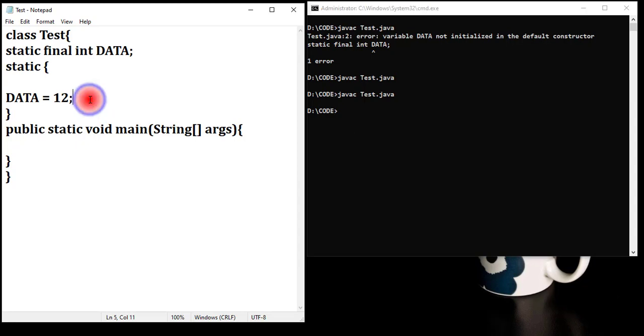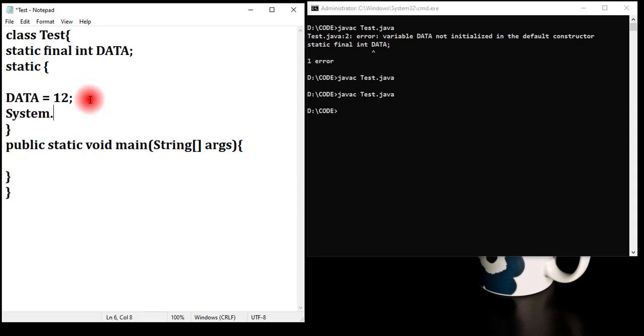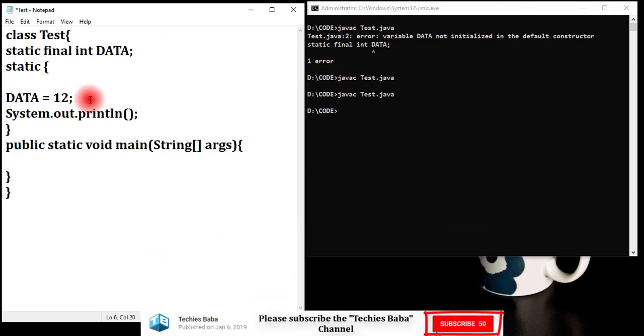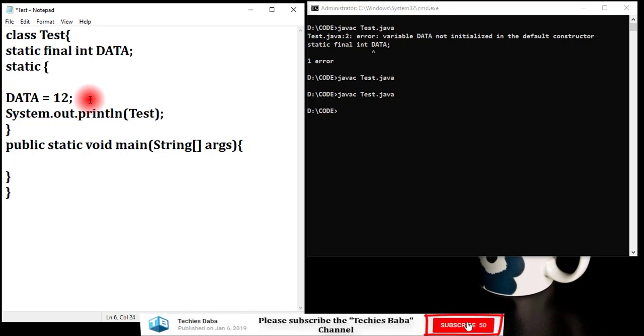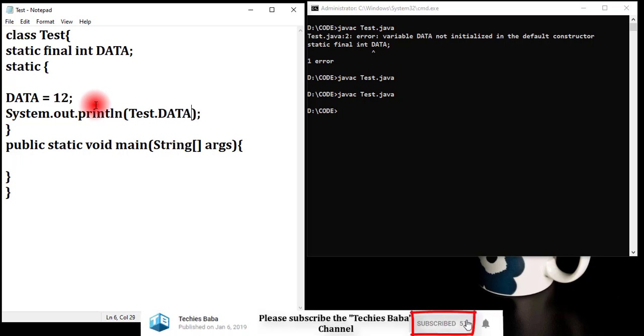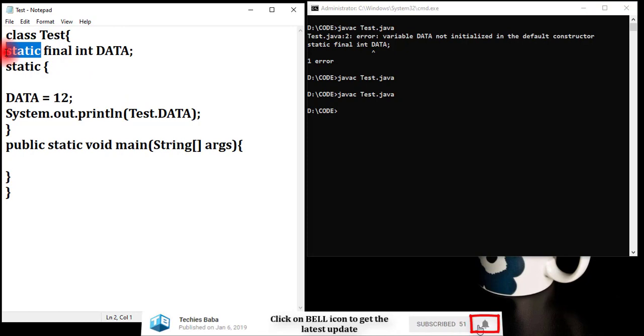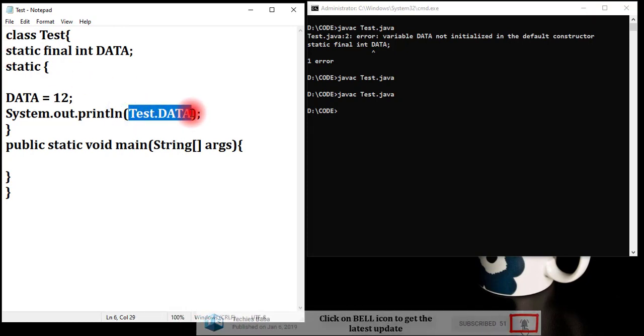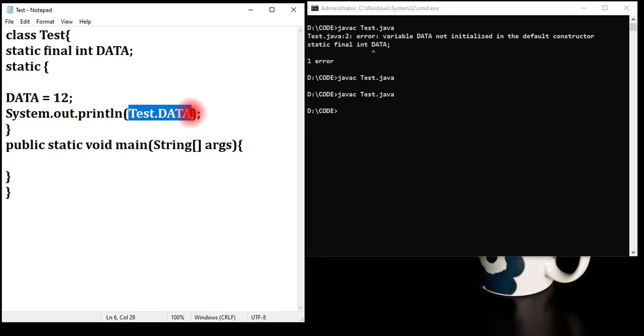Let's print the value. Test.data. Since it is static, I'm using it with the name Test.data. We will talk about this concept in the static topic. So I'm compiling this and executing. It is printing the value 12.